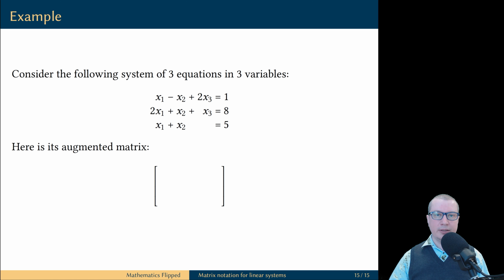Here is an example of the augmented matrix. We have a linear system with 3 equations in 3 variables. Step number 1, we write the coefficient matrix of the linear system. But then we add one extra column to this coefficient matrix by using the vector of constants. These are the numbers from the right-hand side of the equation. And now you see that once you have this augmented matrix, you can reconstruct the original linear system. When you compare these 2 different presentations, the general form of a linear system versus the augmented matrix, it should be clear that the augmented matrix is a much more efficient way to represent a linear system.